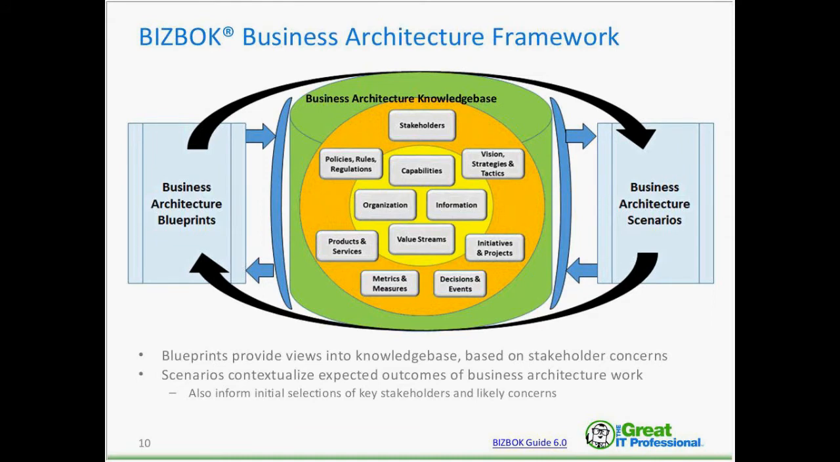One is called the core foundational content, shown in the yellow circle in the middle: capability, organization, information, and value. And then there are extension domains that, depending on your circumstances and what you're trying to achieve, you may want to use to describe other business architecture perspectives that have to do with stakeholders, policy, strategy, product, and initiatives. And the differentiation between the two